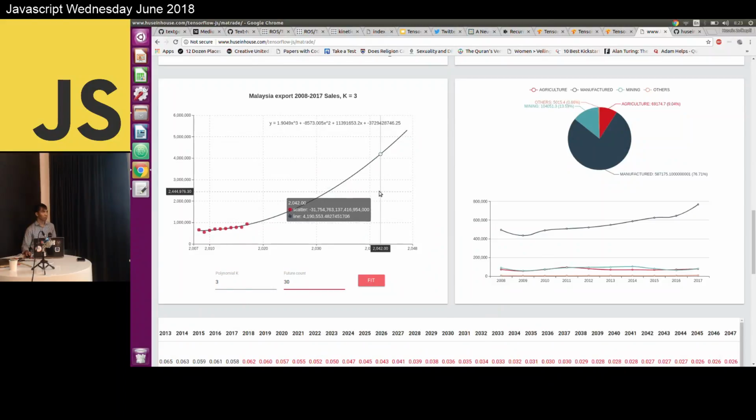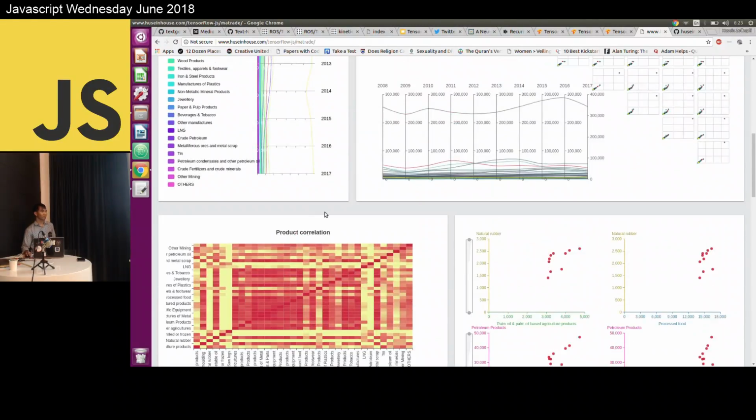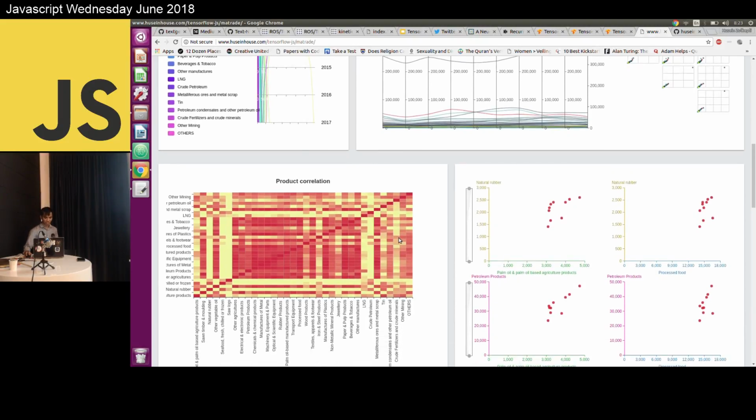So besides extrapolation, what interesting apps have you used for it? So let's say the product correlation, I can say I want to study about the plastic and rubber. The correlation is about 0.89. So I can say if plastic is going to increase by 1 ratio, the rubber will increase by 0.86. So that's what the correlation says. So it's a trigger effect. If my company is doing rubber, I need to take care and study more about plastic. If we can say the plastic is going to increase, my company needs to do something, so follow the trend.